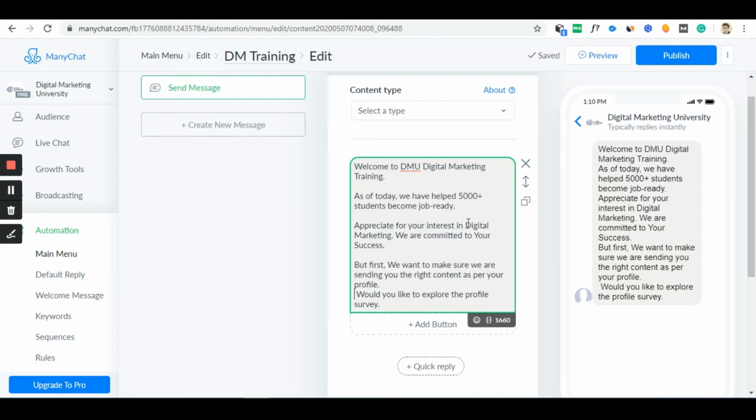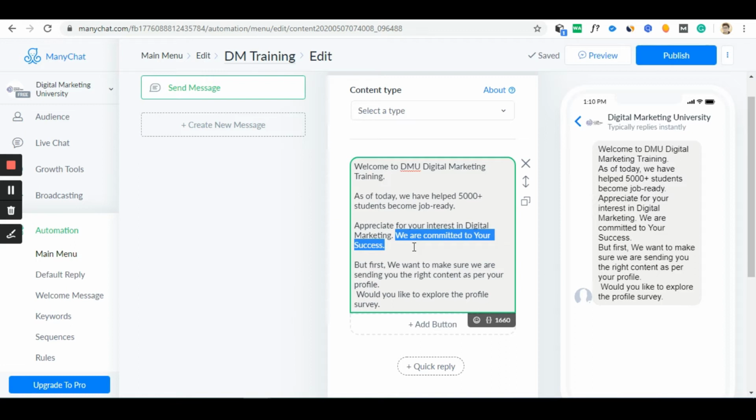First, I'm trying to introduce my brand, what I do as a brand known as Digital Marketing University, and then I'm trying to put a credibility factor. I'm trying to establish the trust, and I'm trying to establish that notability or the authority factor that we have already trained more than 5,000 students, and this is what we do. We are great at our work, so we are just trying to put forward our brand credibility, and then we are putting forward the brand promise. So brand introduction, brand credibility, and brand promise. So this is done. This is how you write a copy in a step-by-step format.